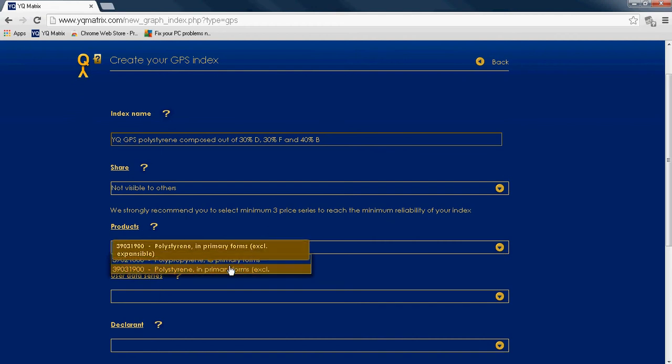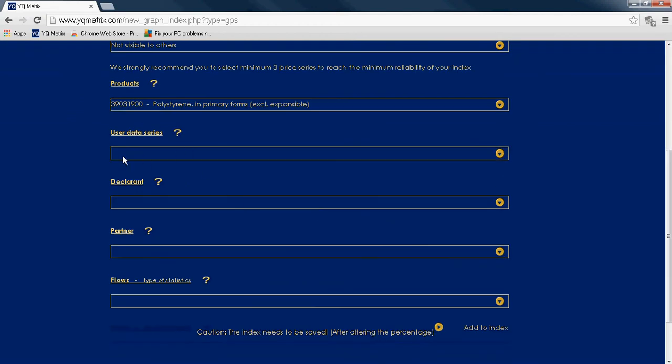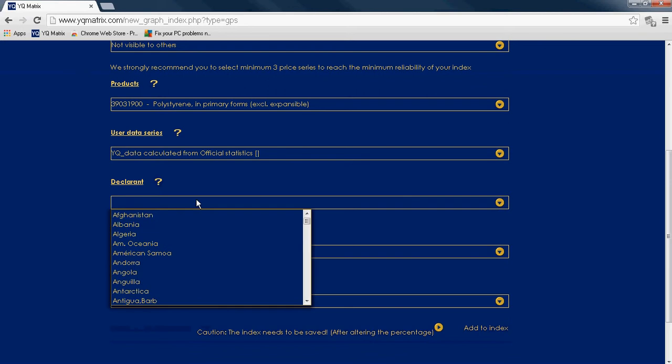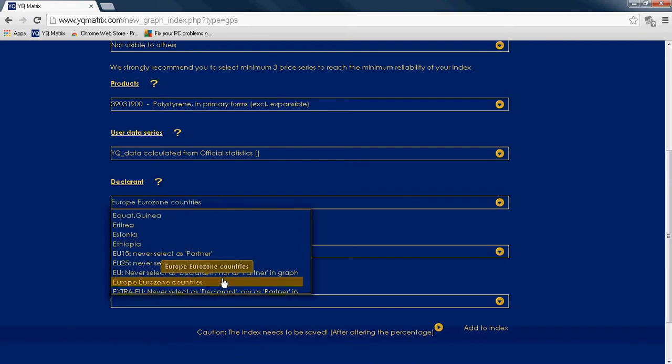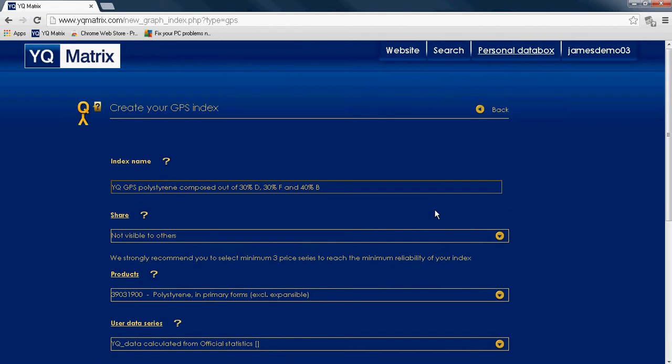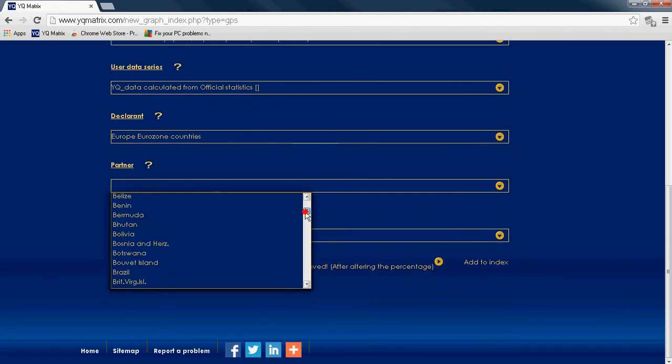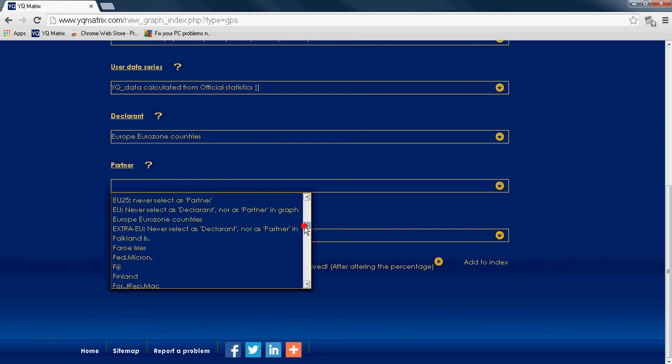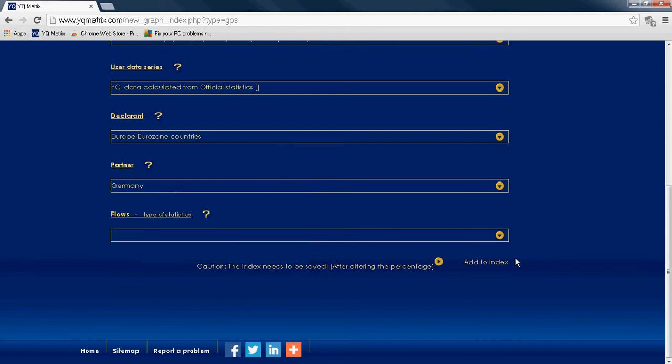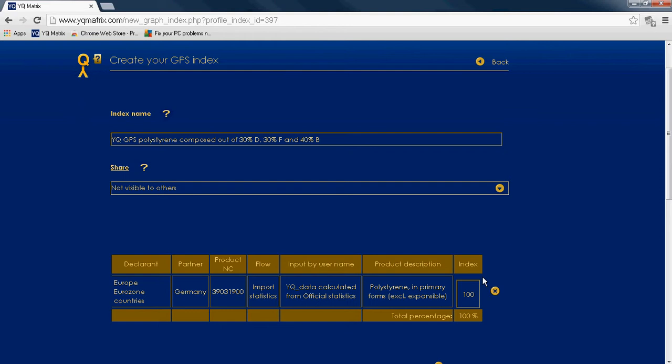I say I will make an index for polystyrene. The data series that I will use will be the official statistics from the WAQ Matrix consolidation. My declarant will be, in this case, the biggest zone possible, the Eurozone. The partner will be, as we said above, Germany. I select Germany, there it is. And then the flow that I decide to have is the import statistics, and I add this one to my index. The system automatically generates 100%, but the idea is not to have one price line but different price lines,